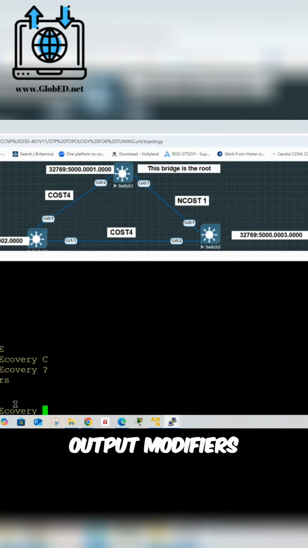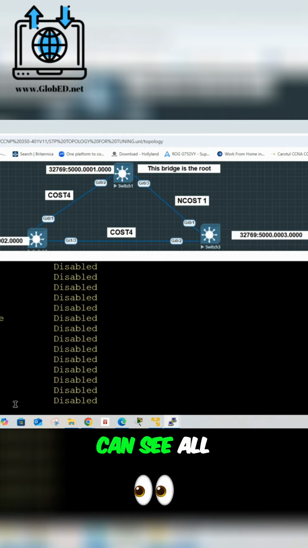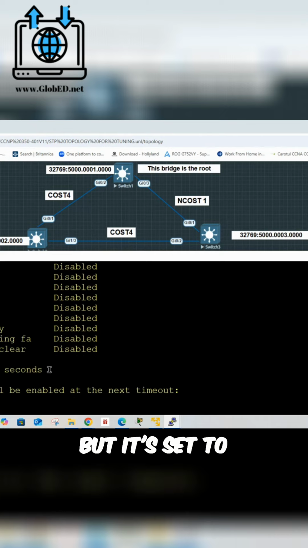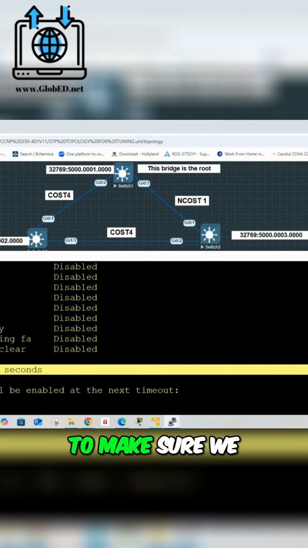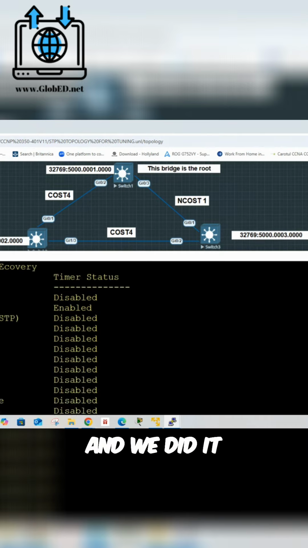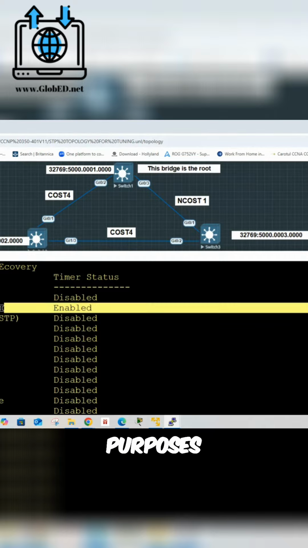Oh, and that's it. You can put output modifiers. We're just going to use that. And you can see all these things that are there, but it's set to 300 seconds. That's what we want to make sure we look at. And we did it for the purposes. This is what's